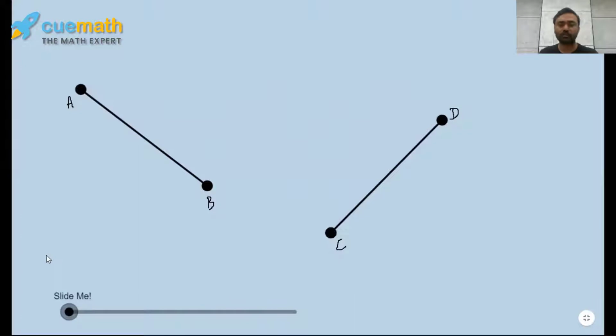Also, the converse of this is true, that when two line segments are congruent, you can say that they will be of the exact measure. Now let's see how can we use this concept to prove the congruency of two angles.